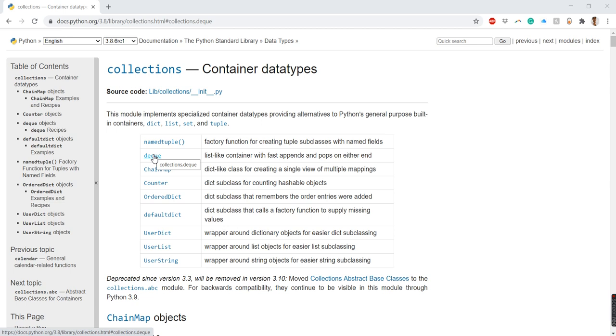That is the highlighted one. As you can see from the description, it is a list-like container with faster appends and pops on either side, that is both sides. This has an implementation similar to a list, so you can index the elements as you do in a list.